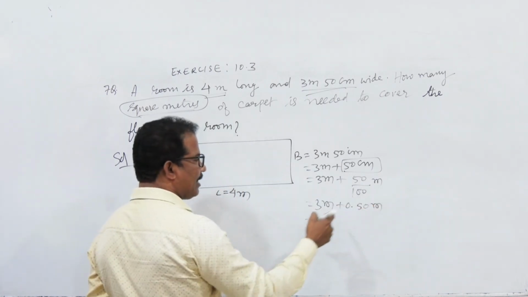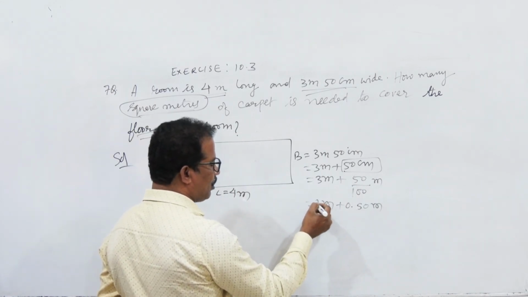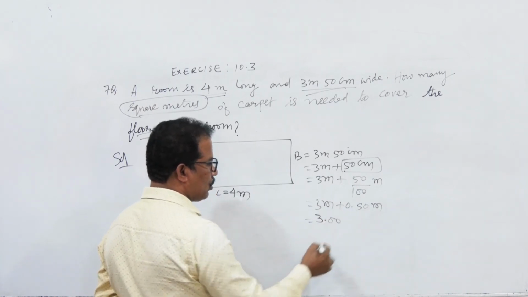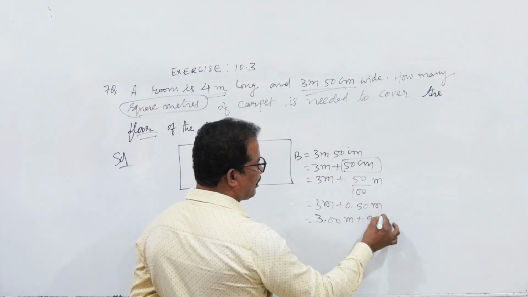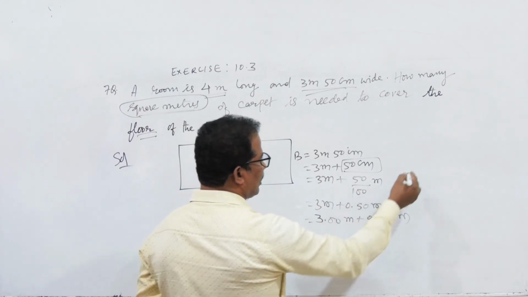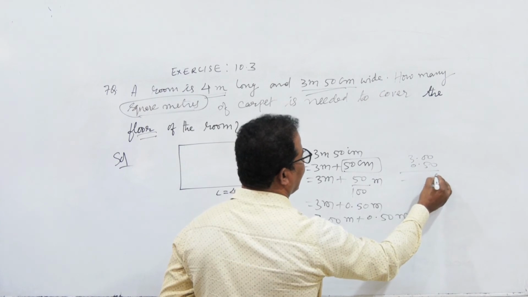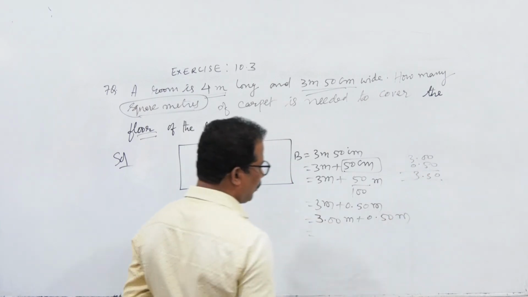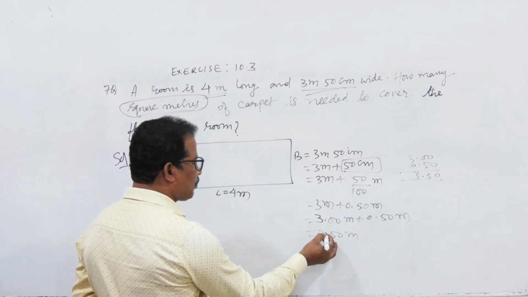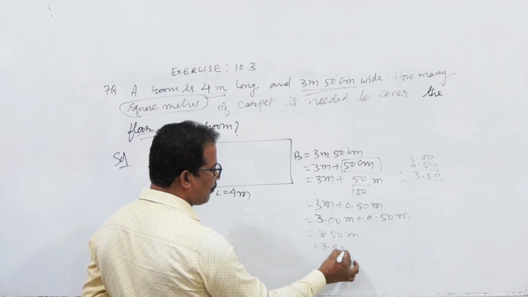So to add this decimal number to this whole number, again we have to convert this whole number into a decimal number by putting a point, then 2 places means 2 zeros, meter, and it is 0.50 meter. Understand? To add these two, 3.00 and 0.50, we will get 3.50 meter. And we know that if zeros are at the end after the decimal, we may omit the 0 and write 3.5 only.